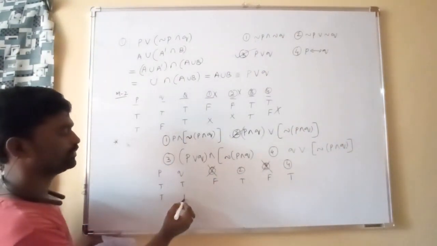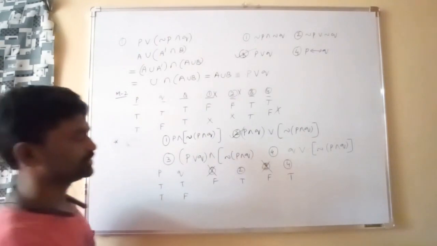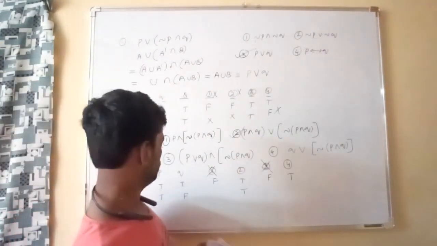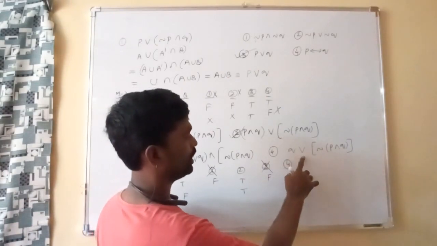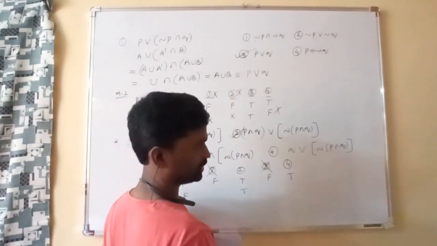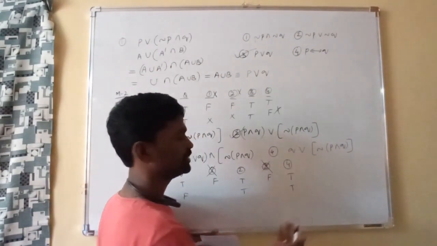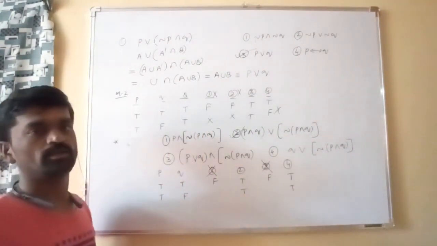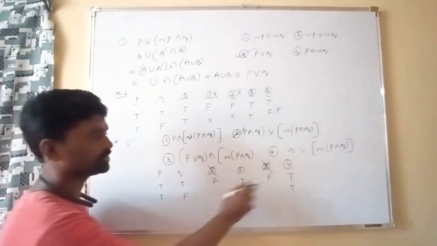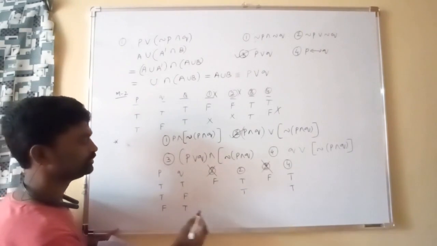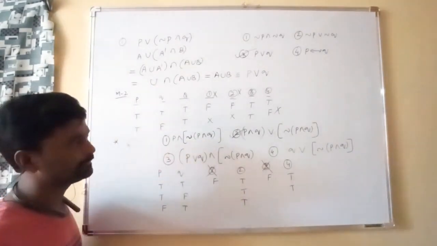So true, false. Second case if I consider, obviously we will get true only, because the second option is the answer. And the fourth option, if you calculate, false or true and false is false. Negation of false is true. False or true is true. Still in this case also we have not identified which of these two options is correct. Next you take false, true. Obviously the second option will get true only.